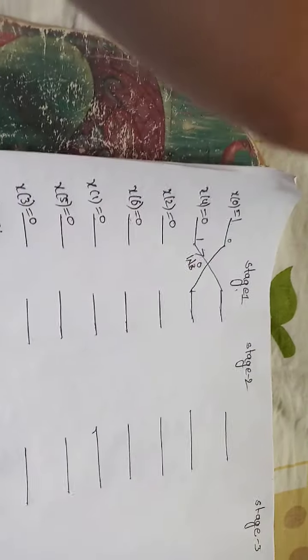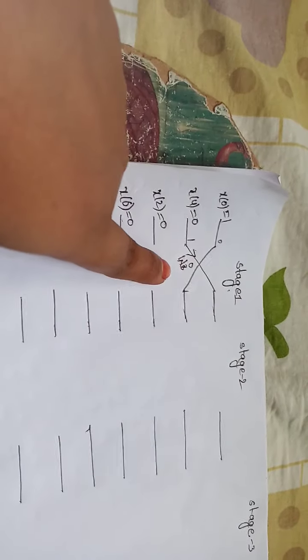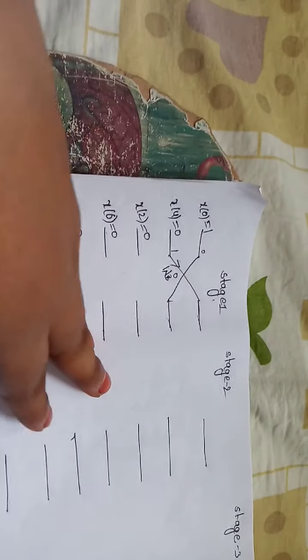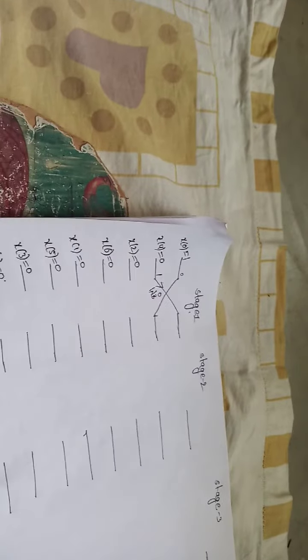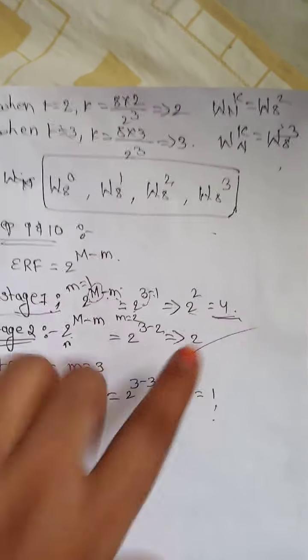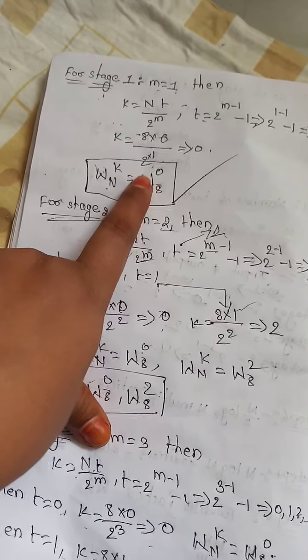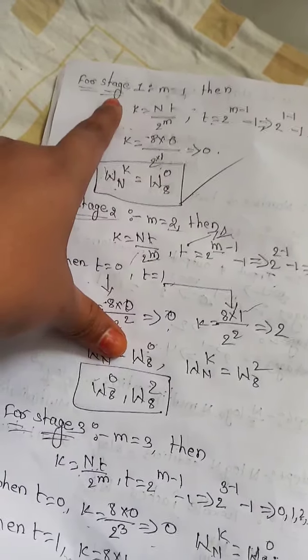And see the 9th and 10th steps. In the 9th and 10th steps, for stage 1, the exponent repeat factor will be repeated 4 times. So see here our exponent repeat factor. For stage 1, it repeats 4 times. So here we got only one twiddle factor, that is W8 power 0 for stage 1. That's why only one factor will be repeated 4 times.